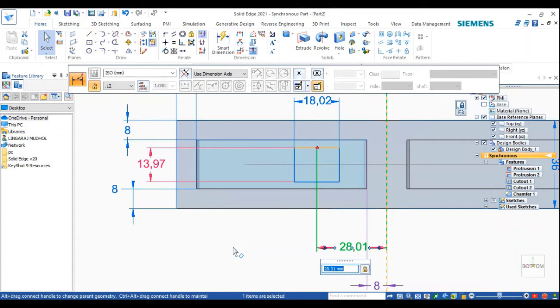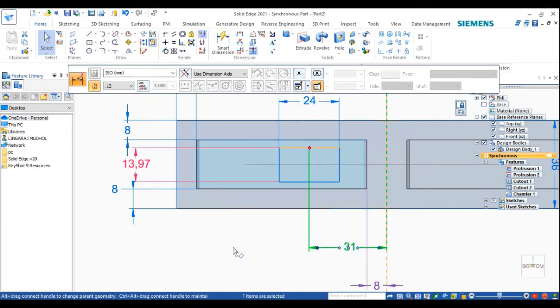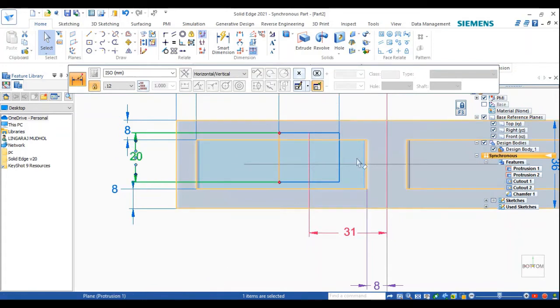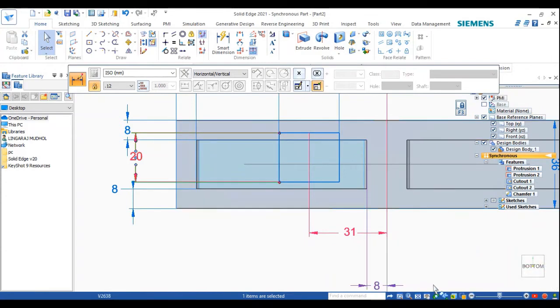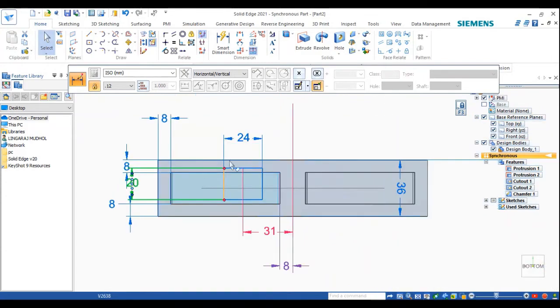Okay, first we'll change the distance between the axis length and the center of the square, which is 62 by 2, that is 31. Enter, and change this length, it should be 20. Enter. Okay,